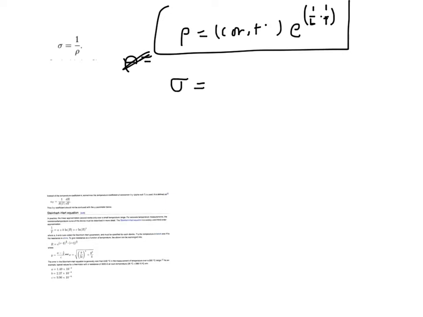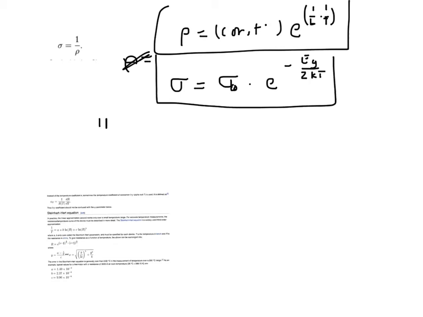Conductivity is equal to some constant, conductivity naught, times e to the minus E gap over 2kT. Okay, now this is for an intrinsic semiconductor, which means one that is not doped. So for me, what I like about this form of the equation is that here you kind of get a sense about what is controlling the conductivity. So we can see here, or a way to break this down is to actually say, okay, up in this term right here,